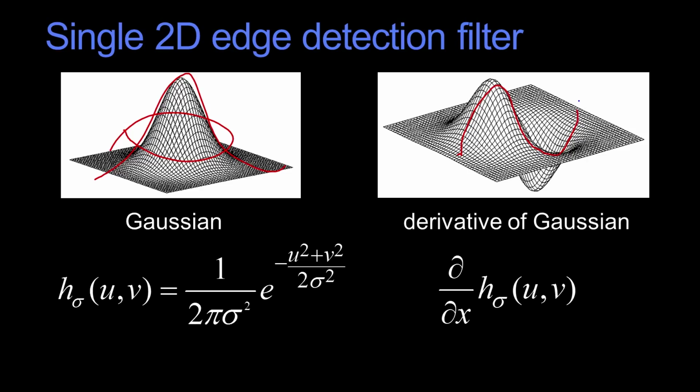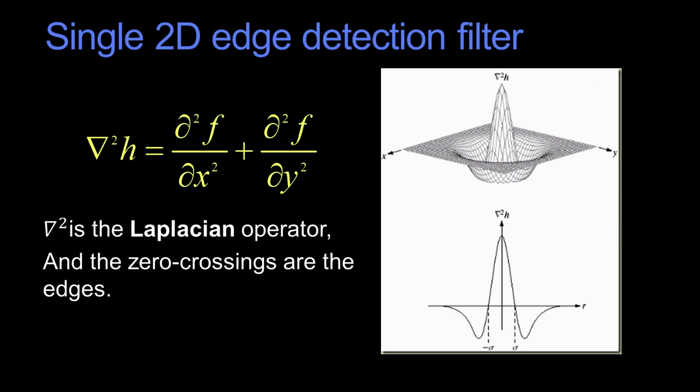I can take the partial of x again, so that's the partial of f with respect to x squared, x twice. I can do the partial of y twice. I can also do the partial of f with respect to y. Which one am I supposed to use? Well, the correct answer is you use what's referred to as a Laplacian of Gaussian.